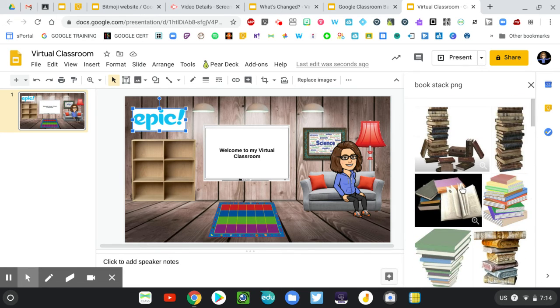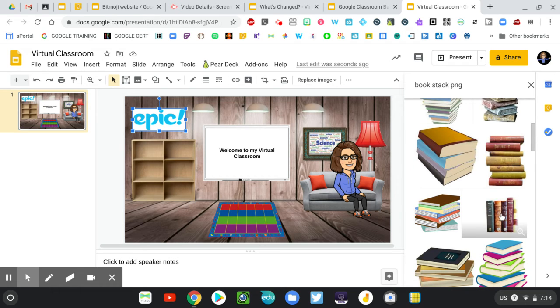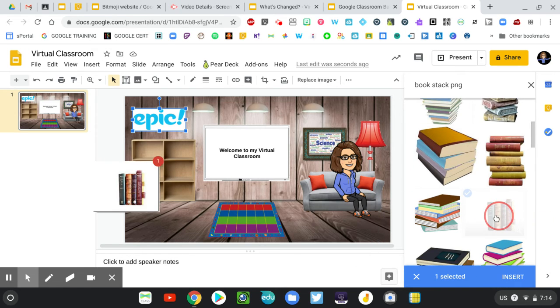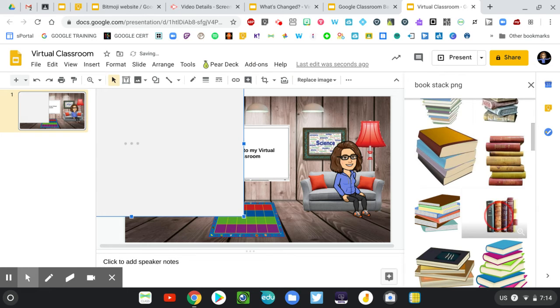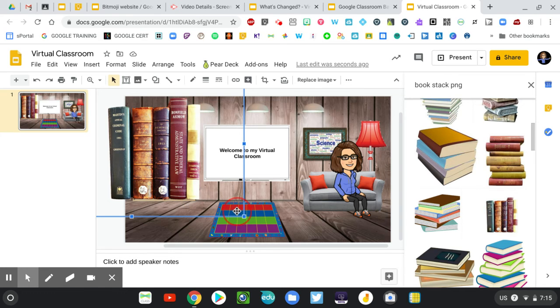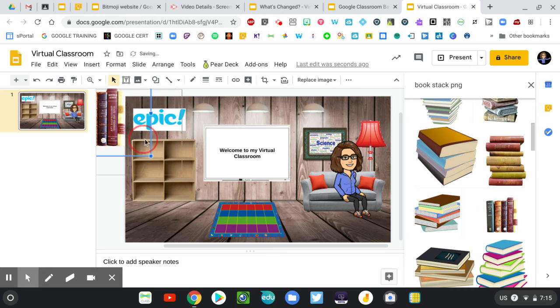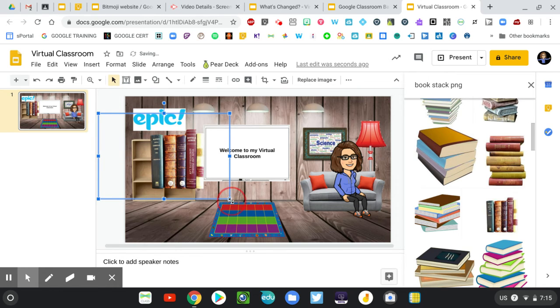There might be a couple in there that are not. So let's take a look at maybe just a small stack that I could put on my bookshelf. And again, it's probably going to come in a different size than you want it to be. And it looks like it is transparent. It's see-through. So I'm going to scale that down, and we'll add those books